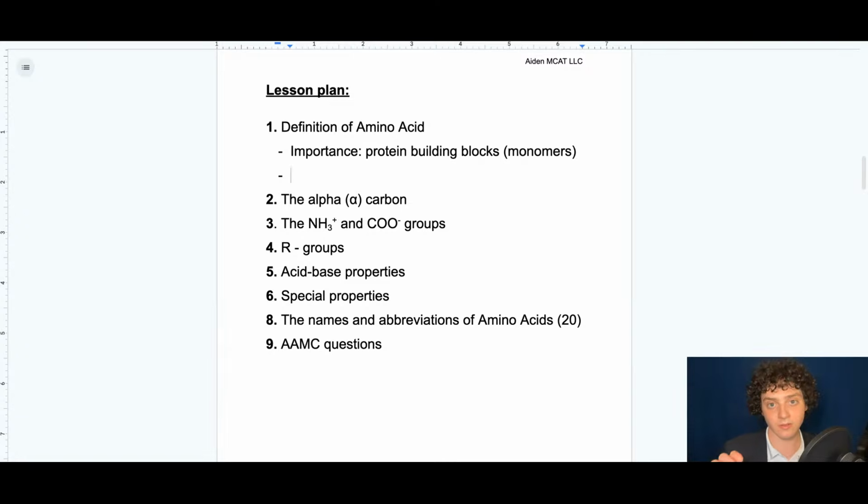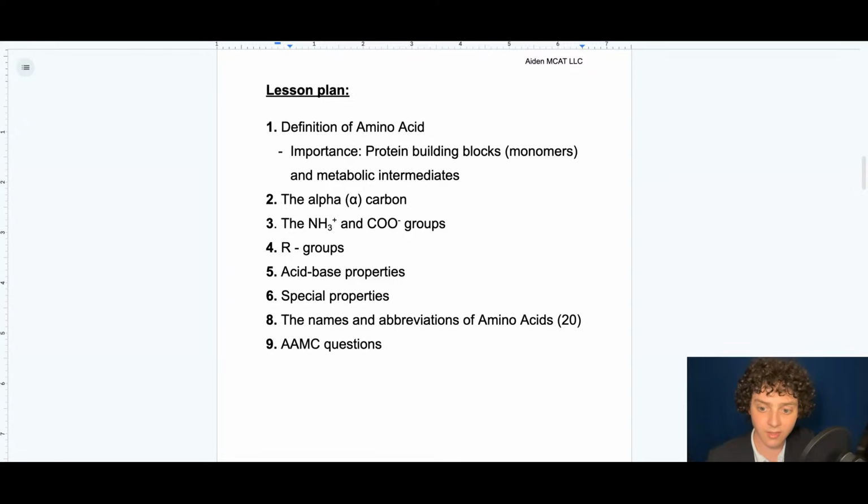So the mono is one part of the protein, and then the protein itself is a polymer, so multiple parts. The amino acid is the monomer of the protein, the monomer constituent of the protein, and then the polymer is the protein itself. So the protein building blocks and metabolic